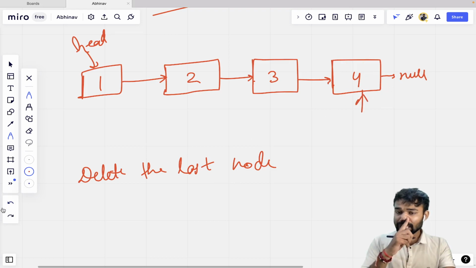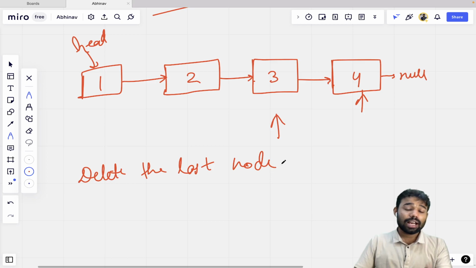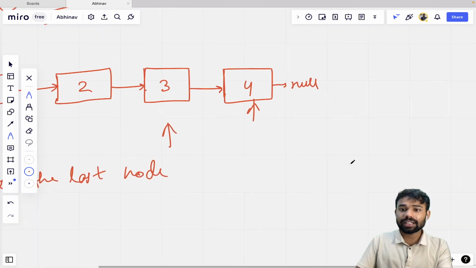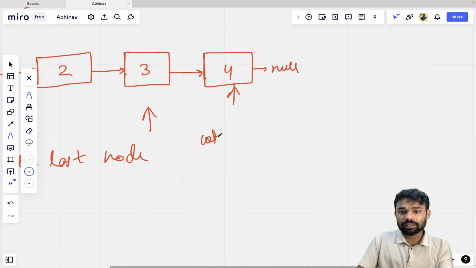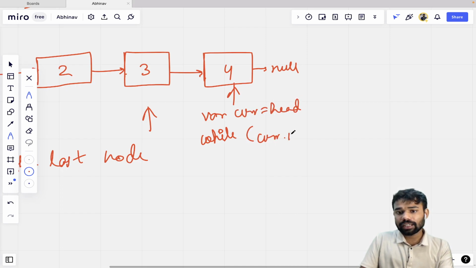The first thing is that to delete the last node, we have to first reach the last second node. And guys, we have discussed how we can reach the last node. Let me again write it. I will write here while, let's take a variable current, that will be initially equal to head. And I will write while current.next is not equal to null,